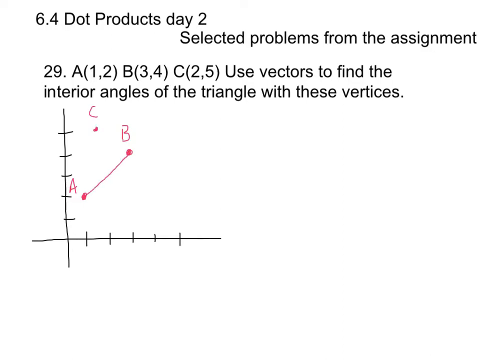And you can see that if you connect the dots, you've got a triangle. And what you're asked to do is to find the angles of the triangle. So you need to find angles A, B, and C. The first thing you need to do is find the vectors. You would find vector CA, you would find vector CB, and then you'd find the length of vector AB, because you need those vectors to be able to find the angles in between. So that's what I would do here: put them in component form and find the sides